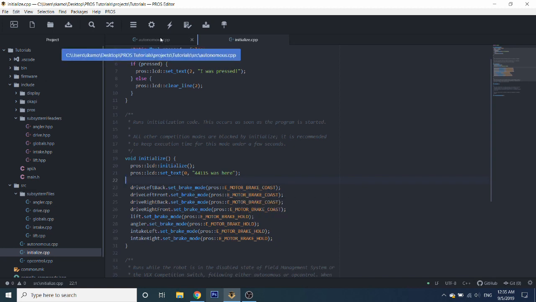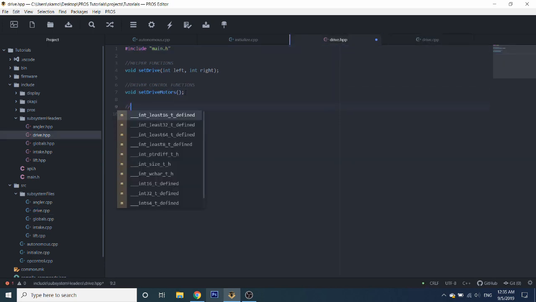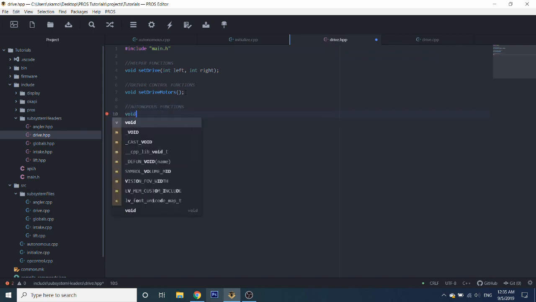Okay, so now what we want to do is create our function for our drive stuff. Let's open up our drive files. Remember how we had our section for driver control functions? Now we're going to have our section for autonomous functions. And the very first one that we're going to be creating today is we're going to call it,